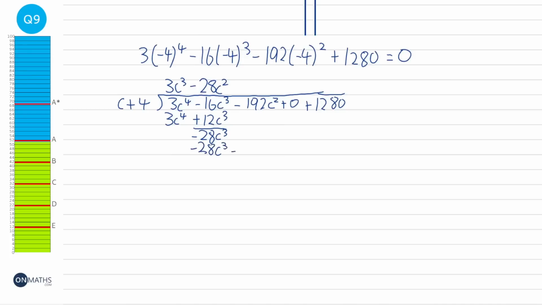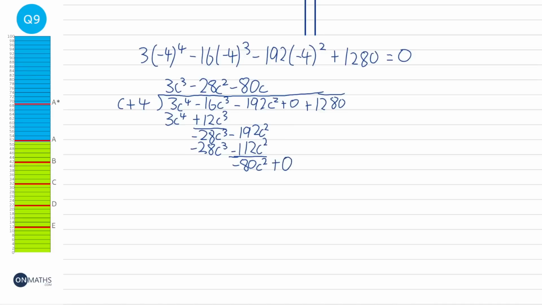And that would be minus 112c squared. And we're going to drop this down as well, so it'd be minus 192c squared, and we're going to subtract these, so that would be minus 192 plus 112, because there's two minuses, take away minus, that would give us minus 80c squared. So carry this on, divide the c out, so that would be minus 80c, and we're going to drop down the plus 0,